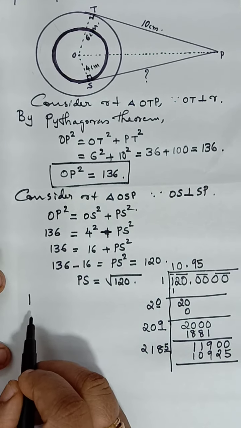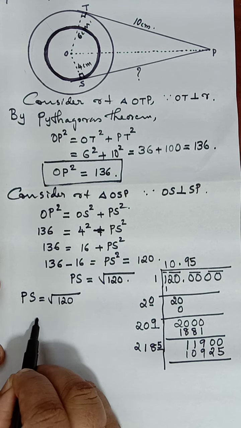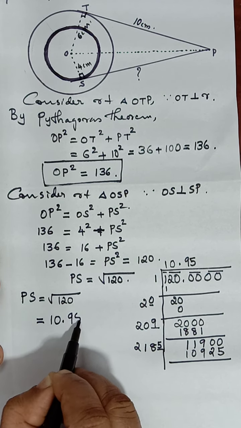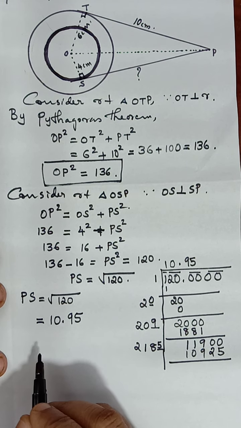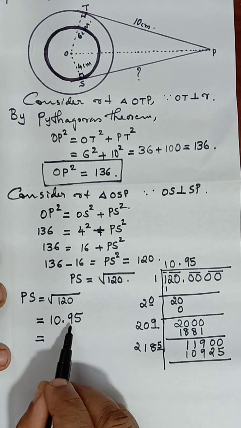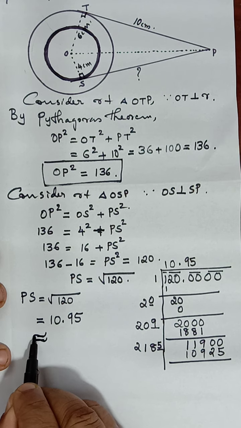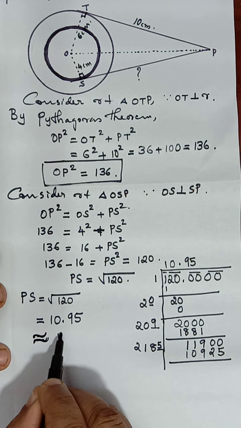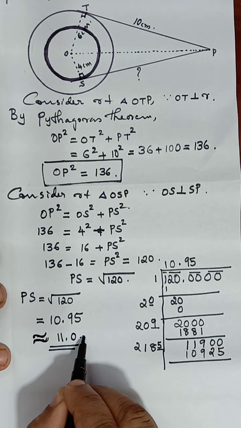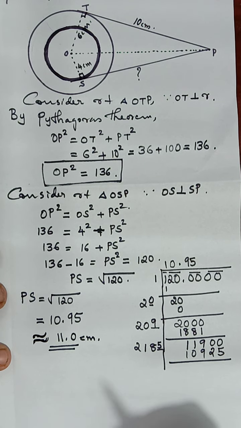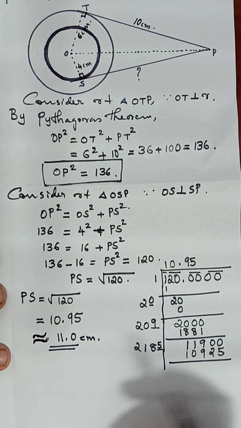Therefore, we got PS is equal to square root of 120, that's equal to 10.95. Okay, that is 10.995. For 1 decimal, we have to round, 95 means 1 can be added here. Automatically, it is almost equal to 10.9, which means it is 11.0 or 11. Unit will be centimeter as it is the length of the tangent. So both the answers you can write. This is better: 10.95 is approximately 11 centimeter.